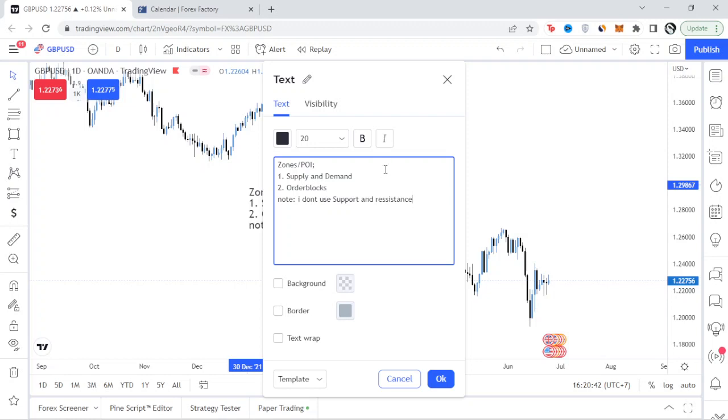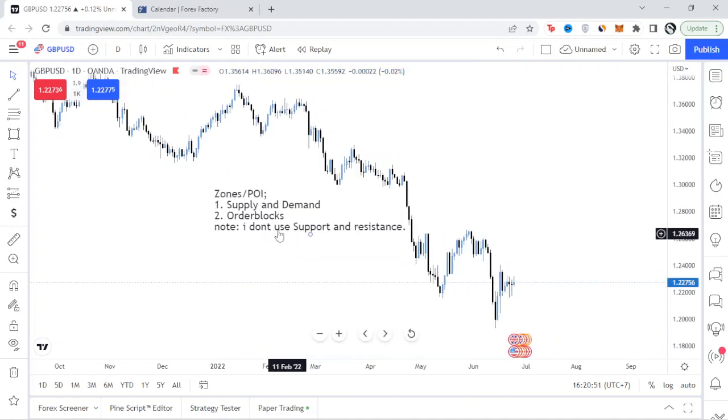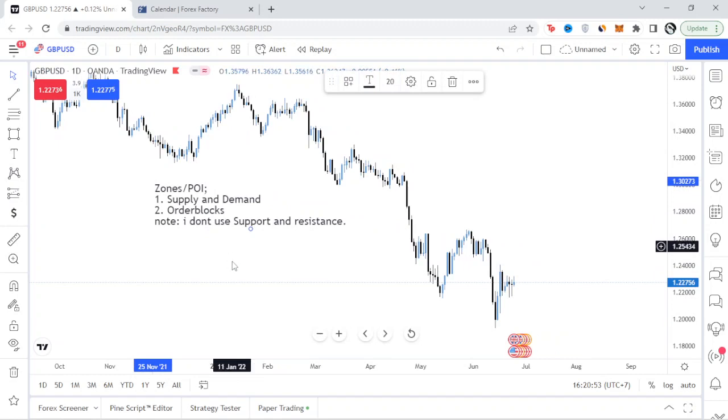I don't use support and resistance because it's just like lines on the chart. Basically, something is going to stick. Think about it. So these are the only two ways